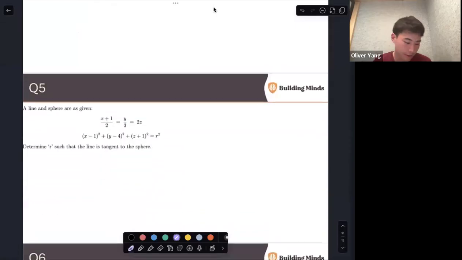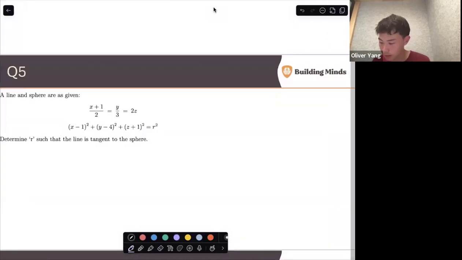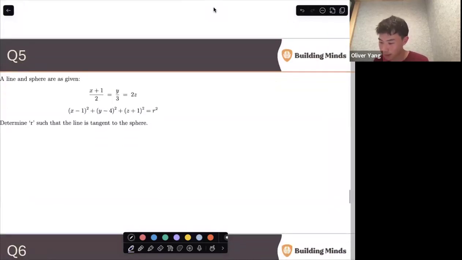Anyways, let's move on to question 5. So we want to determine the radius such that the line is tangent to the sphere. That means it's only touching one point of the sphere. So we can first, because this is in parametric form,